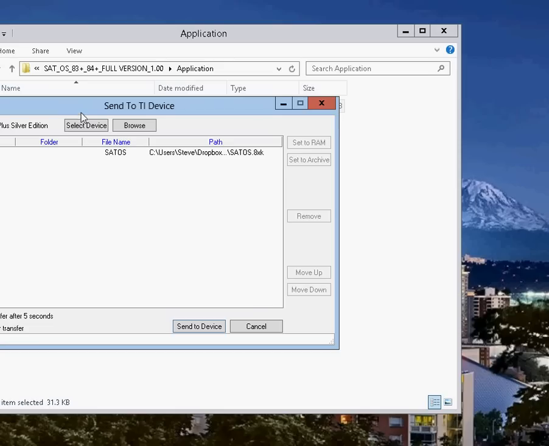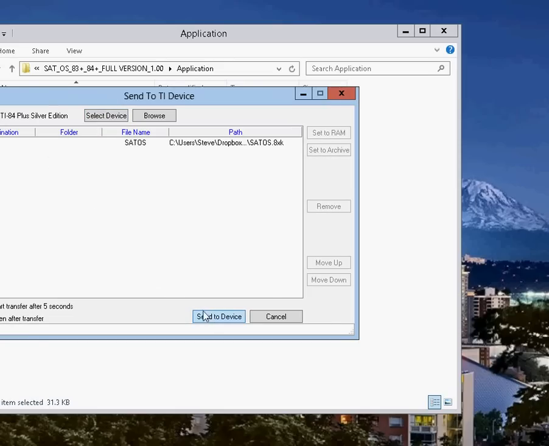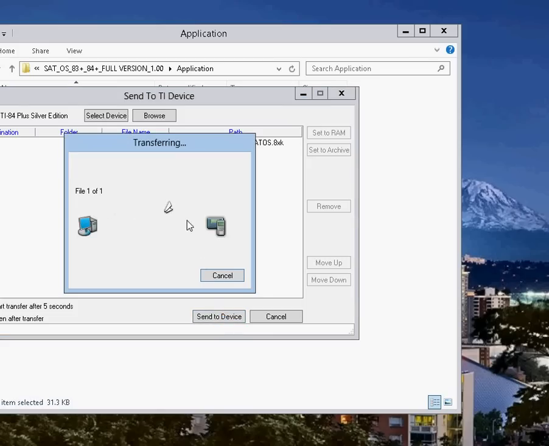Recognize it, yep, there it is. And then just send to device. And it'll transfer the software here for you. I'm using Windows 8. This should work on